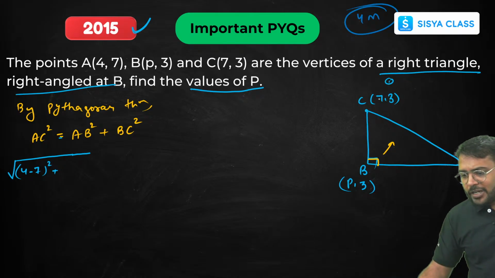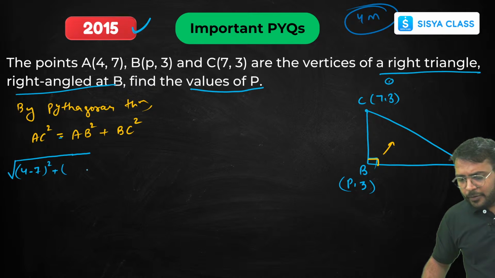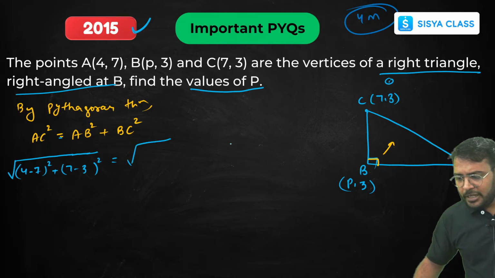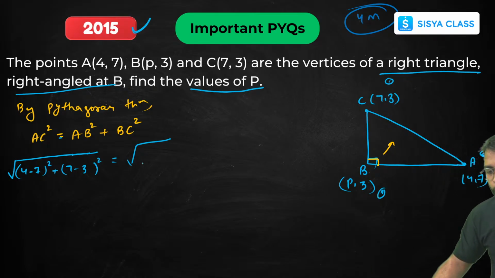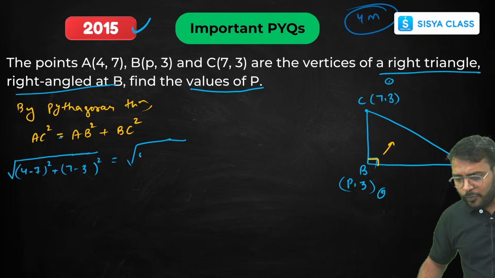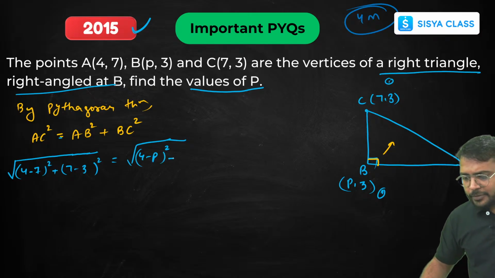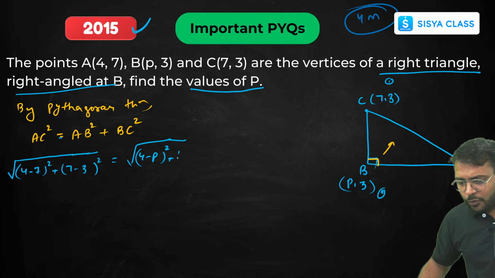So 4 minus 7 it is going to be, and we are going to get 7 minus 3, whole square. Now the value of AB: here I have taken 1 and 2, so we take 1 and 2 here also. So 2 minus 1, that means it is going to be 4 minus p whole square, plus 7 minus 3 whole square, plus 7 minus 3 whole square. This is 3, plus under root of